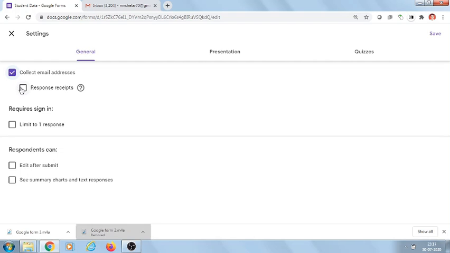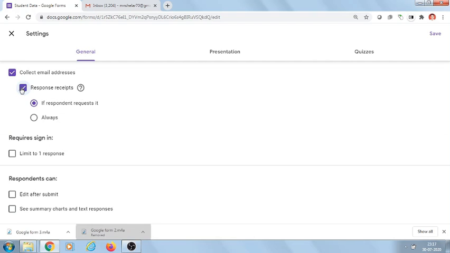Response receipts, if you turn on, means respondents will get a receipt of the data which is submitted. If respondent requests it, or if you turn on always, means for every respondent the data submitted or responses submitted will be automatically received on the email address.